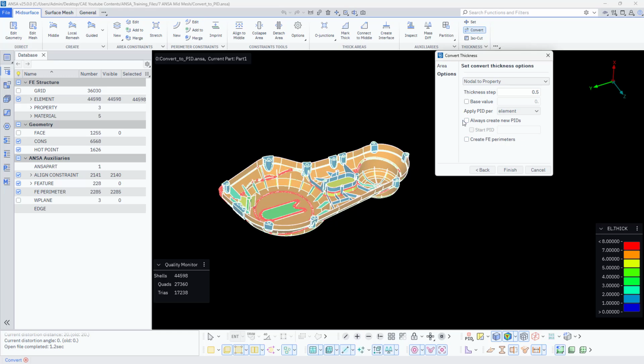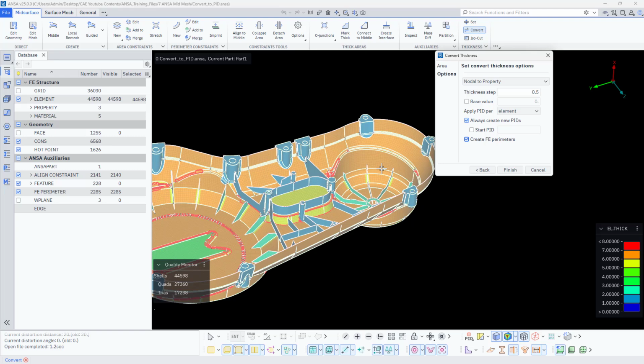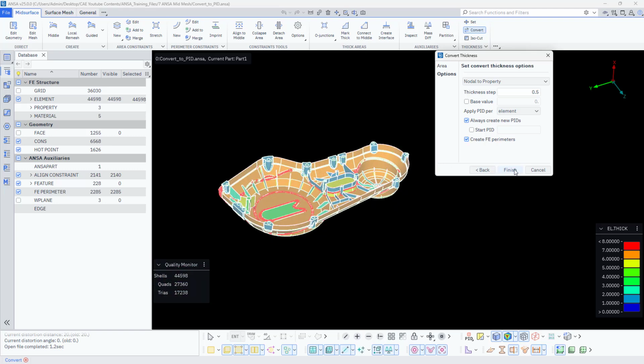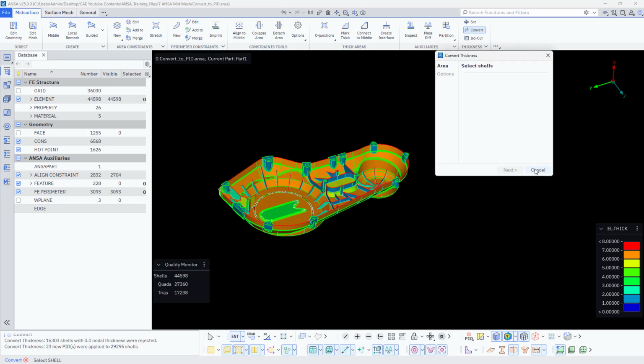It is asking you for the always create a new PID option. Start PID, if you want, you can mention. If you want to create a perimeter out of them, you can do that. Once you select these options, if you just click on finish, it shows 23 new PIDs were applied